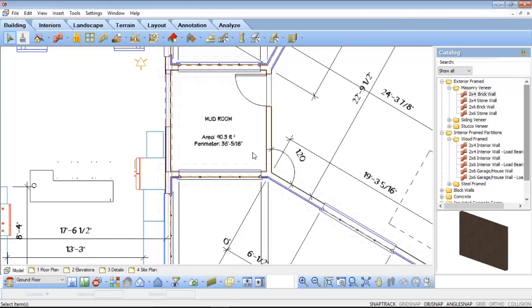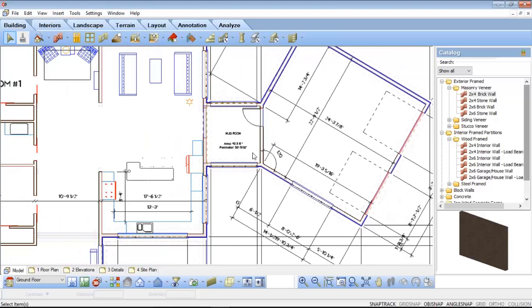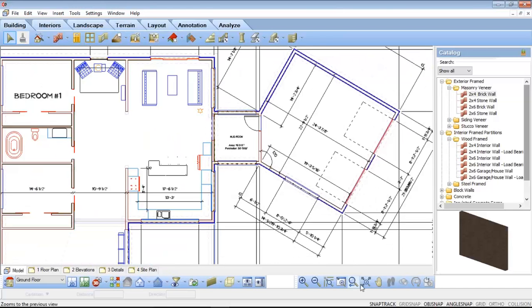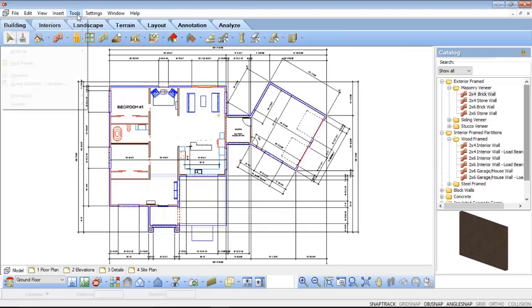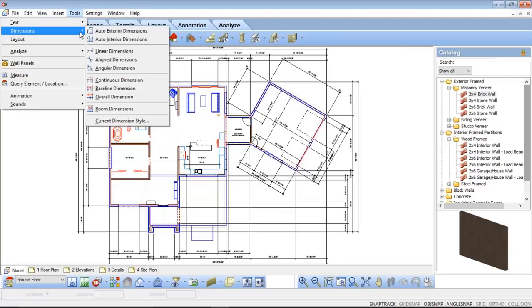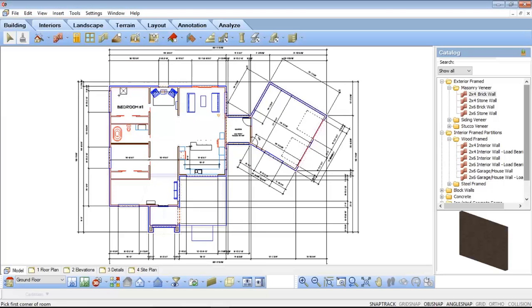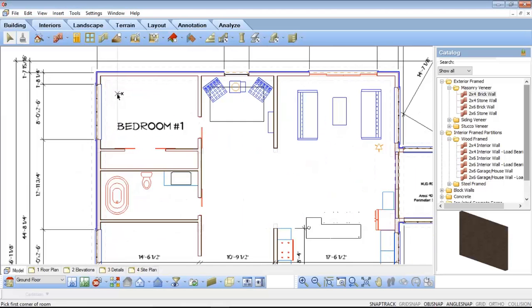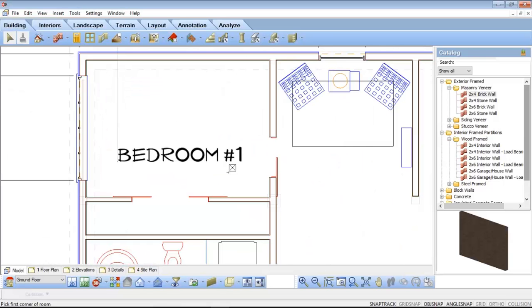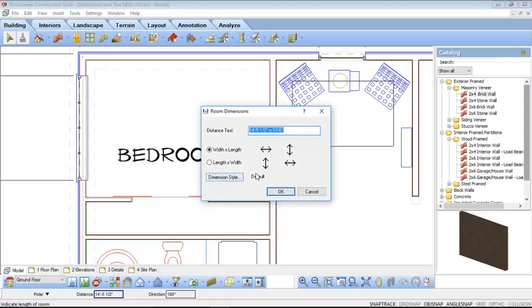So there's another automatic labeling and dimensioning tool that's available to you in model space. And then there's one other dimensioning tool that I wanted to bring to your attention, which is this room dimensions tool. Now why don't we go ahead and use this up here in our bedroom number 1 in the upper left corner. So to use this tool, you left click in one corner, you drag straight along a wall to another corner, and then you drag, in this case I'm dragging left across to the other corner. And what this is doing is